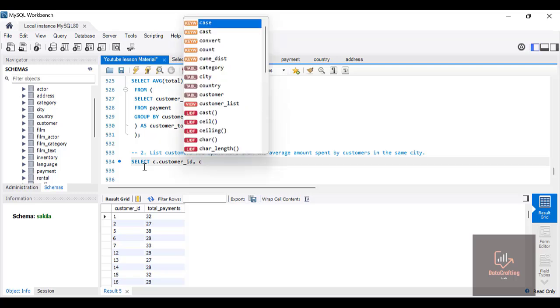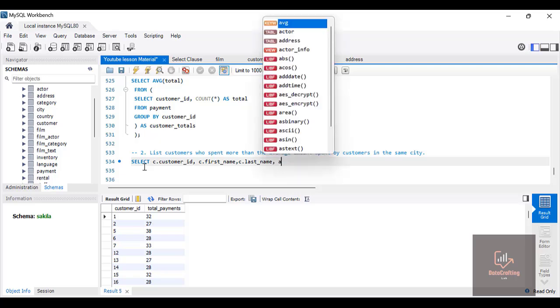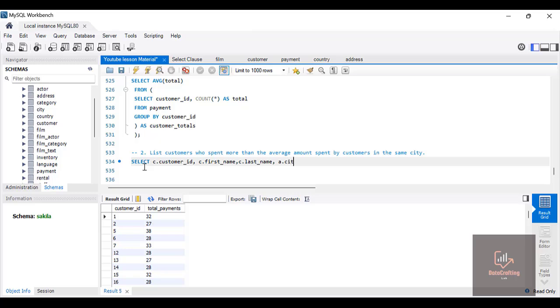Now, from the customers table, we'll be picking the first_name, comma, last_name, still under the customers table, comma, address, that's the city_ID,